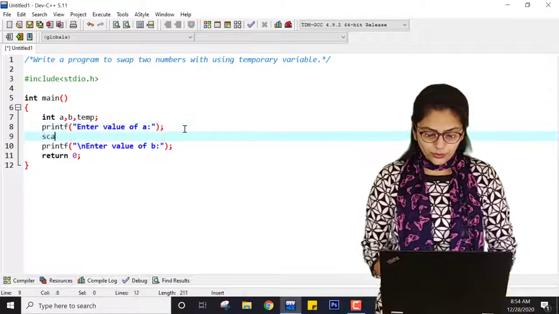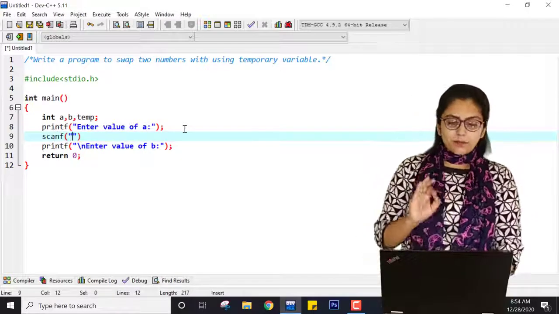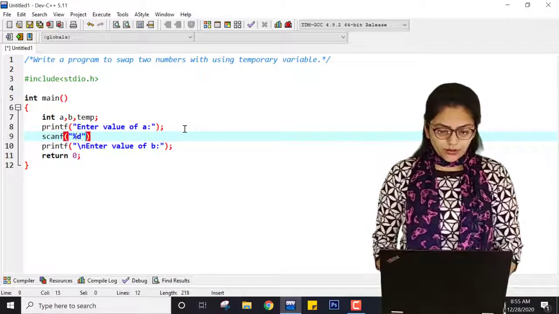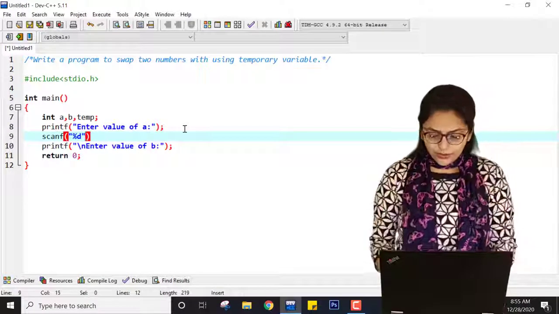Now you know that I have to write scanf just under the printf of a, because otherwise it will not allow me in some good format.